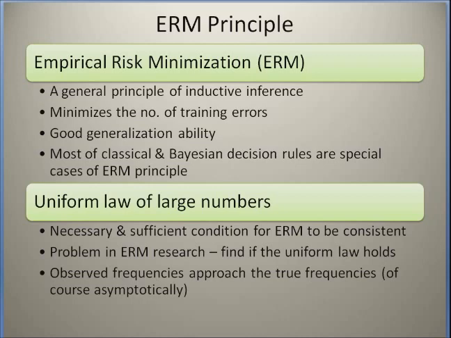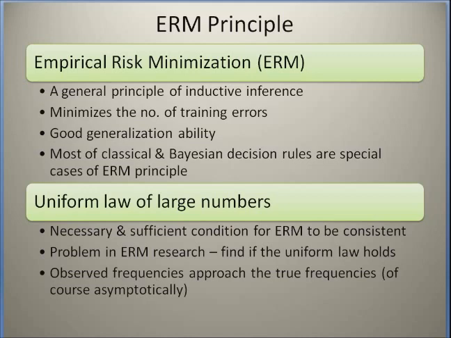And in further research on empirical risk minimization, it was found that it depends on what is known as the uniform law of convergence, or the uniform law of large numbers. Technically, this means that the necessary and sufficient condition for the consistency of empirical risk minimization is that the uniform law of large numbers holds. So later research related to the ERM principle concentrated on finding whether this uniform law holds